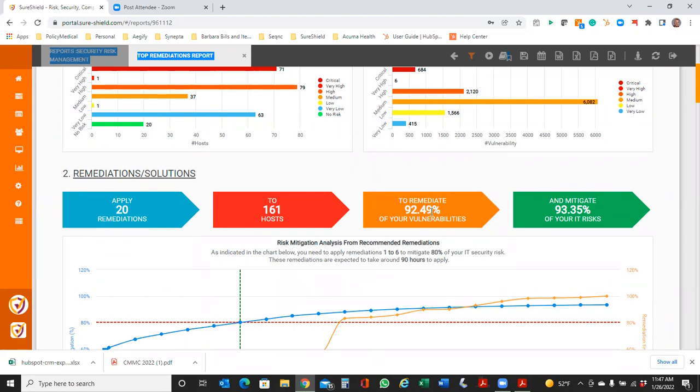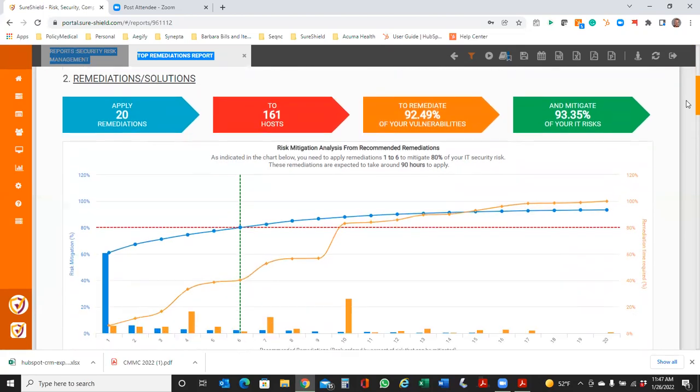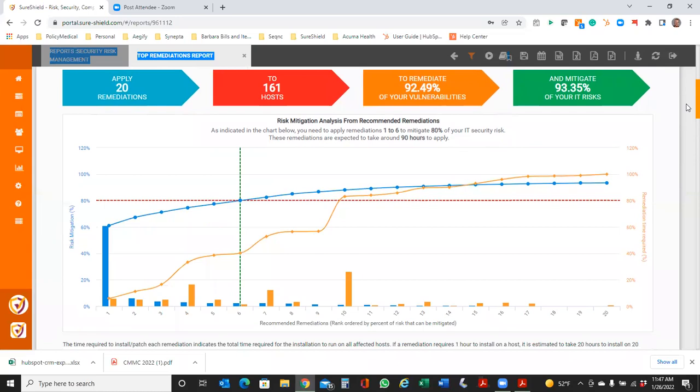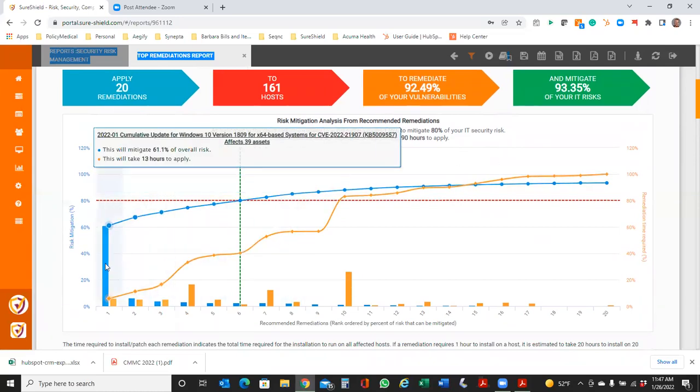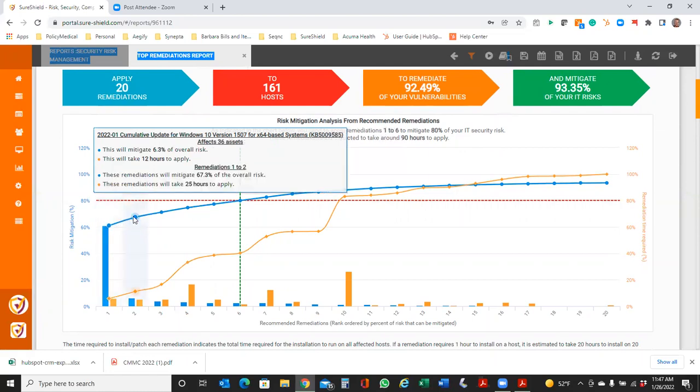And I would reduce my risk profile within here by close to 100%. I could bring that down to 10, I could bring that down to 50. And again, it will show you in nice graphical form not only what percentage of risk it will mitigate, but even what the time is going to be to complete those remediations, and what might be considered that break-even area for you as well.